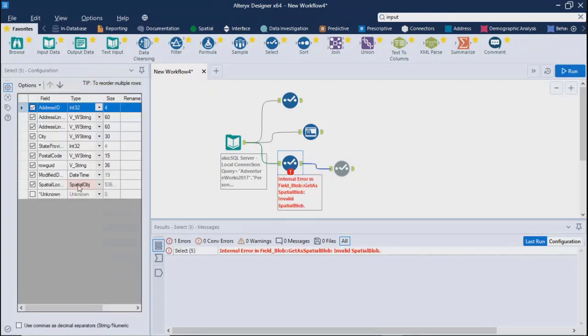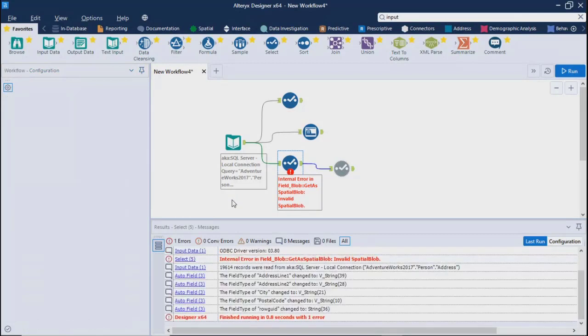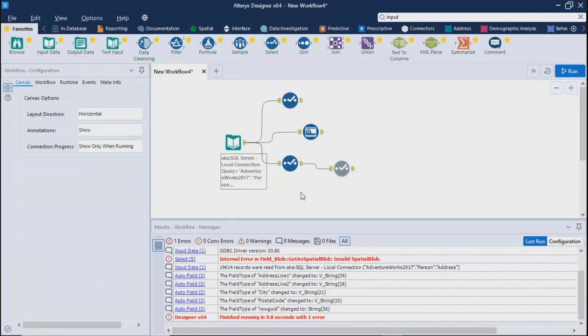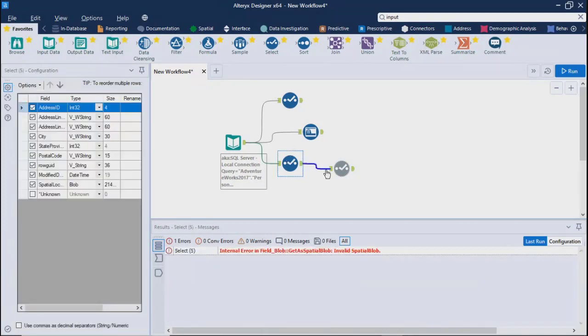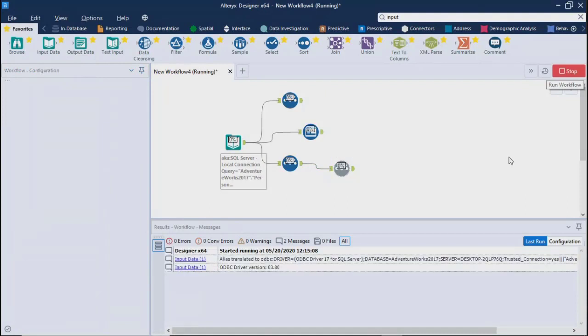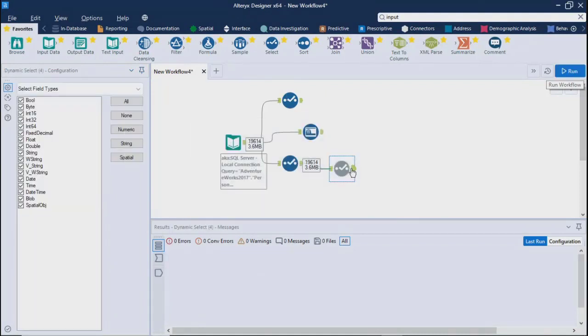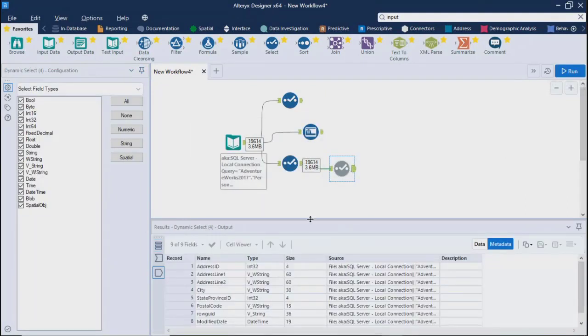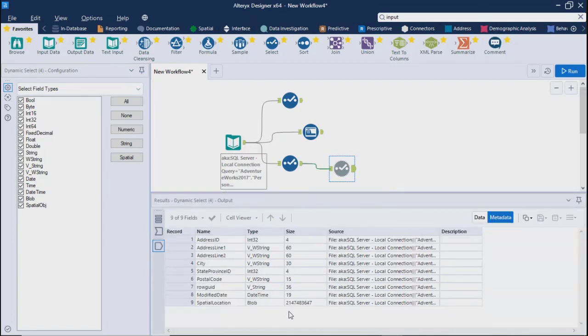Which means it doesn't have the data type required to be a spatial object. We'll use some other use case for maps. Right now, I think we cannot convert this one using a spatial object, so I'll not select it. We'll just leave it as string or maybe all fields, and then you can see your data using Dynamic Select as well.